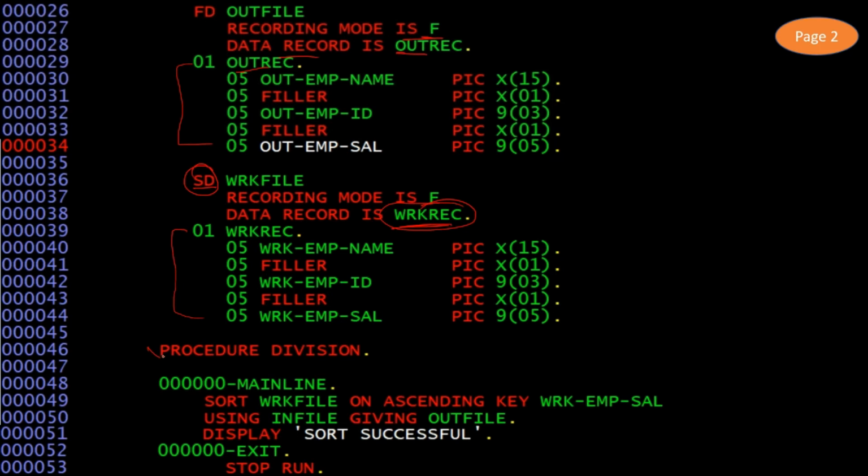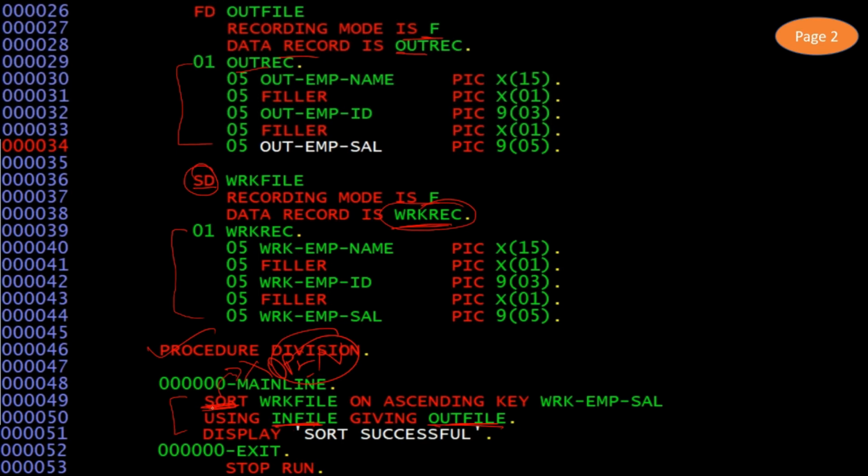And in the procedure division we have used the sort verb. But you can observe that we have not opened any file here. We have not opened the input file, and the output file is also not opened.